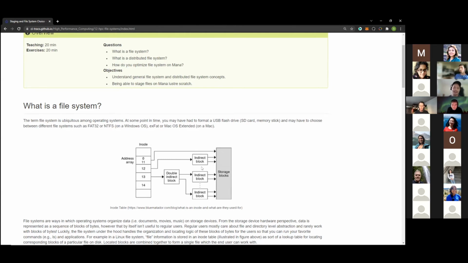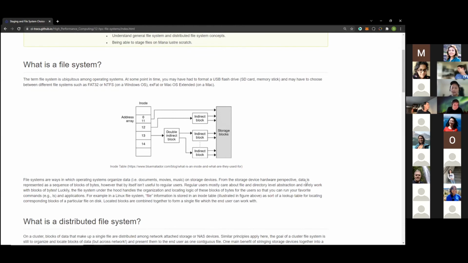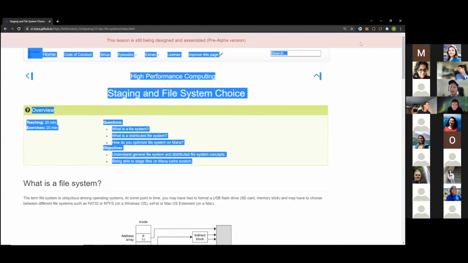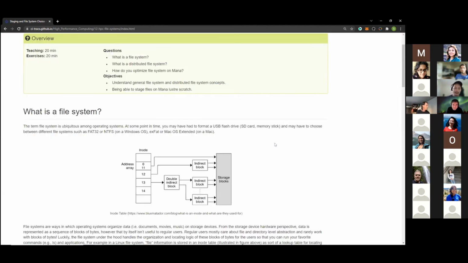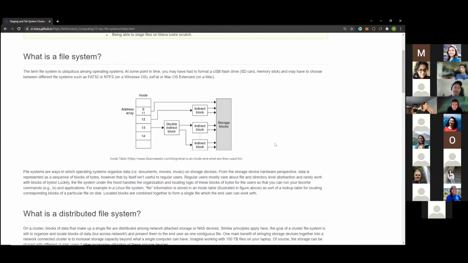You may have seen FAT32 or NTFS on Windows. If you have a Mac, you may have seen options between exFAT or Mac OS. So file systems are ways in which